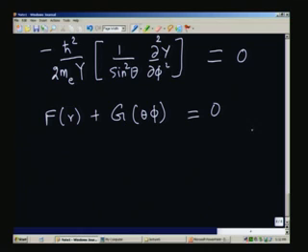If it is true, then the only possibility for this equation to be solved consistently is that this whole thing is equal to a constant and this whole thing is equal to the negative of the constant, so that beta minus beta is equal to 0. Okay. So now you see what is meant by the separation of the variables in the case of the hydrogen